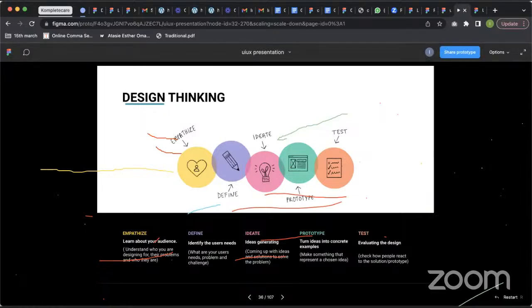First, understand your user, empathize, define their problem, list out their problems and needs, identify ideas. Thinking about ideas means, how can I help these people? How can I solve this problem? Right? This is where you have a lot of thinking. Prototype is where you bring the idea to life. In this case, you come up with wireframes, sketches of the application, and then you test it. If you build it on Figma, you can go from one place to another to test it.